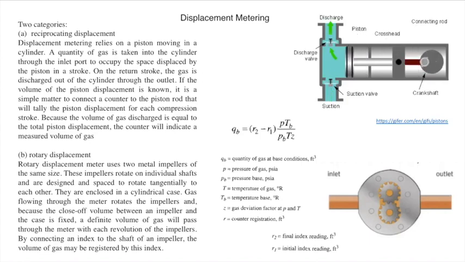So these are some indirect measurements which need calibration over a period of time, and this is called displacement. One is reciprocating and one is rotary. So in this way there are various flow meters available. We are just discussing the basic principle. There is a lot beyond this to find the calibration factor, and such instruments, particularly displacement metering, require calibration. However, if you see the orifice meter, they require the least calibration, and therefore they are widely used in the industry.